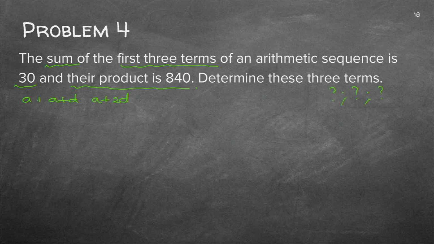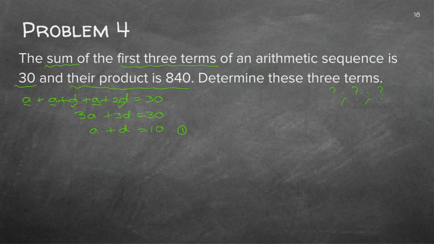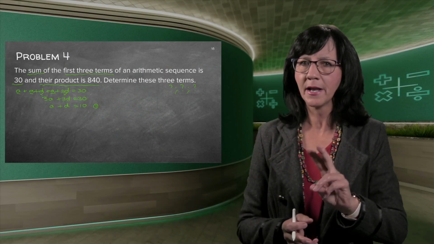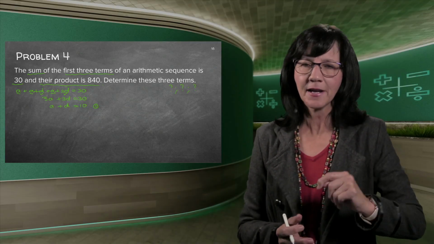Now, they said the sum of these 3 terms is 30. Let's just see if we can write it neater. A plus A is 2A plus 1A is 3A. 1D plus 2D is 3D, is 30. I don't like all the 3s, so I'm dividing by 3. We always make life easier in maths if we can. We're lazy to work with big, unnecessary stuff. If you can make it smaller, you do. There's my equation. Why on earth am I numbering it? Because there are 2 unknowns. Whenever there are 2 unknowns, you know by now, I cannot solve that one equation. I need another equation. But luckily, they gave us another equation.